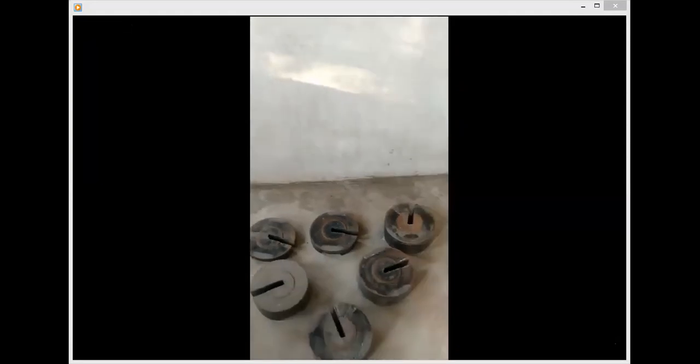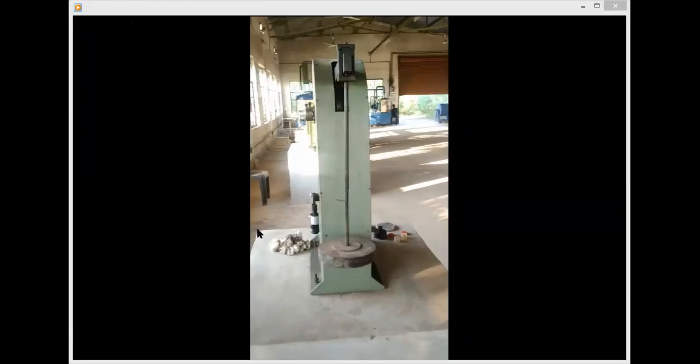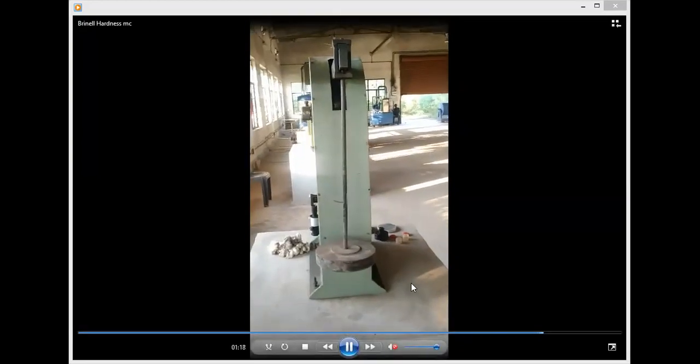On the ground are the loads which you are supposed to place over this hanger. Four of them have an equivalent weight of 500 kg, and these two are equal to 250 kg of equivalent load. We can put them one by one according to your requirement as specified by the machine manufacturer itself.